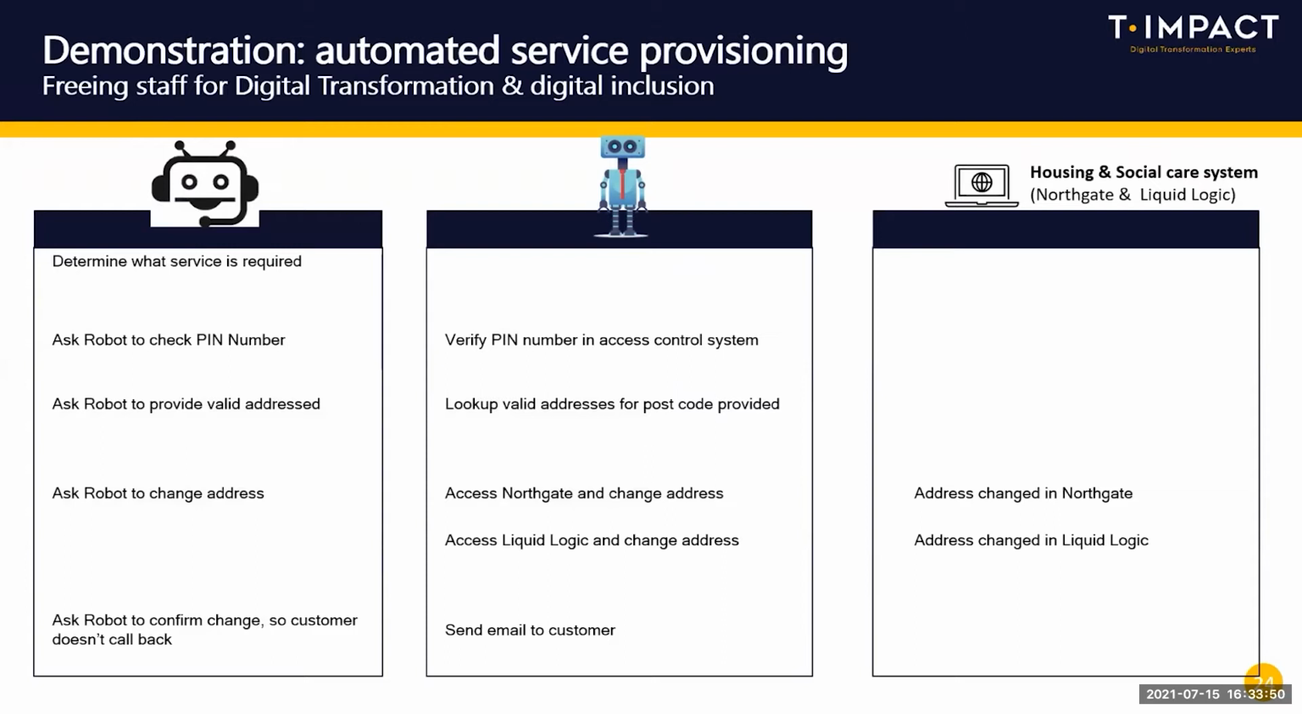And when it understands, it's going to ask the robot to do some work, go away and verify a PIN number. And once the PIN number has been validated, it's going to ask the robot to go away and look up the potential addresses associated with her postcode. And then once it returns the address, she'll be able to select the correct address. And once she's confirmed that, yes, she wants the address changed, the chatbot will ask the robot to make the change of address, and the robot will go into Northgate and Liquid Logic, a housing and a social care system,